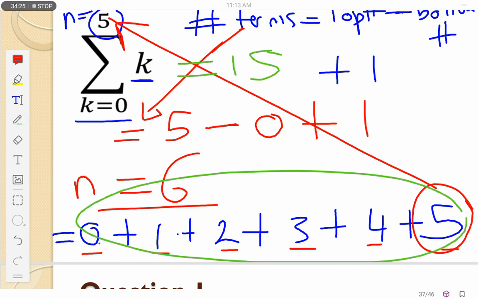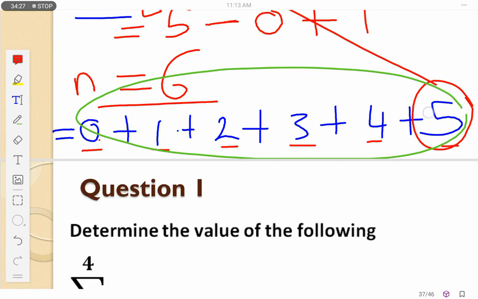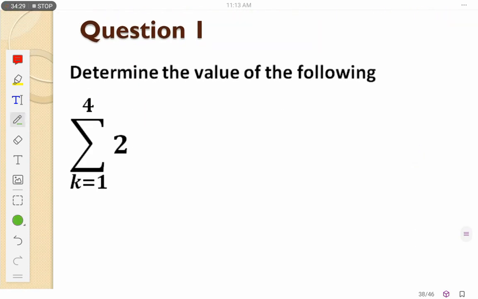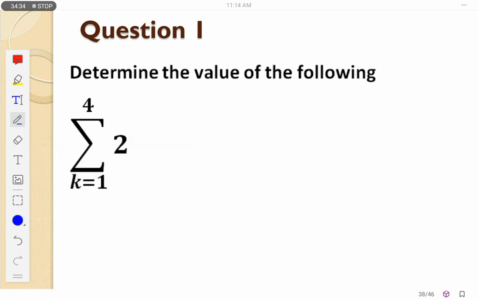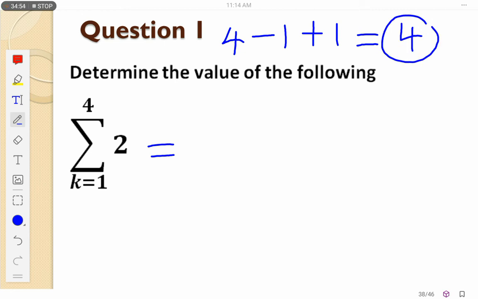Okay, let's have another example, a more realistic example. This question is saying determine the value of the following. What you do first for this one is to expand. Before we expand, let's find the number of terms. We said top number 4 minus bottom number plus 1. So number of terms here, I've got 4 terms. Let's expand. First term, I've got